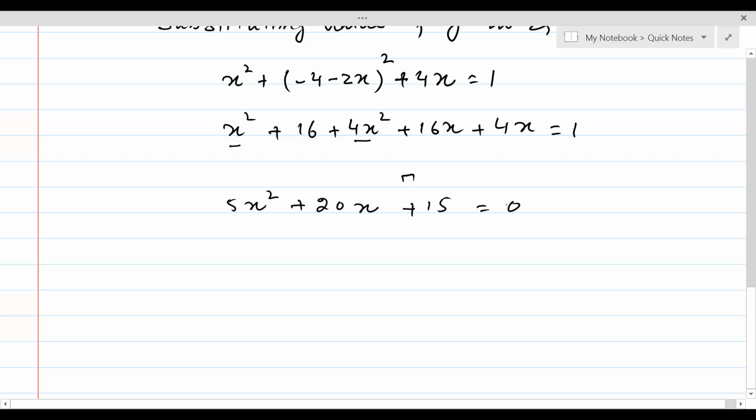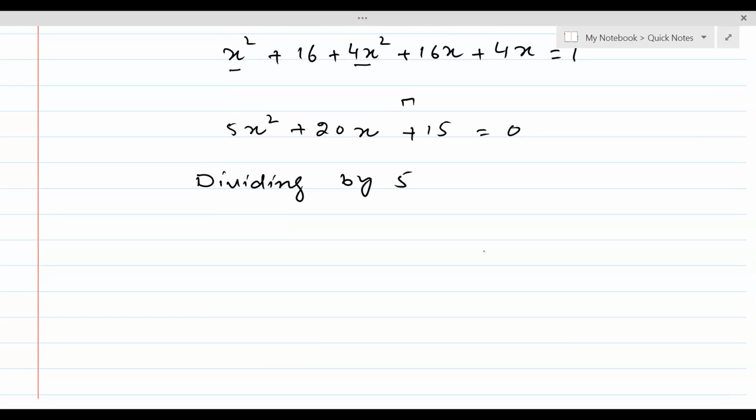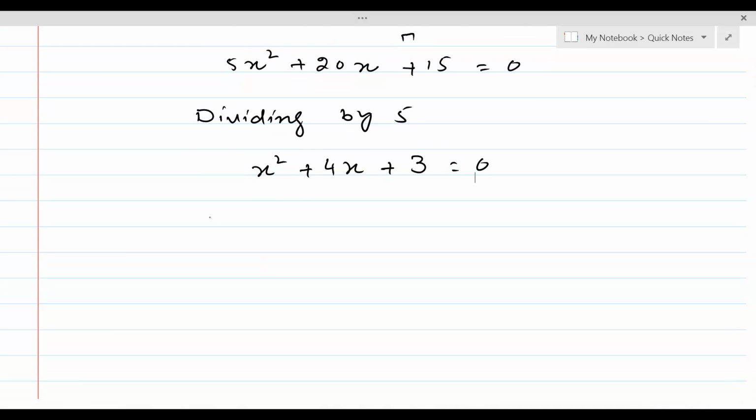Now dividing throughout by 5 will give us x square plus 4x plus 3 equal to 0,